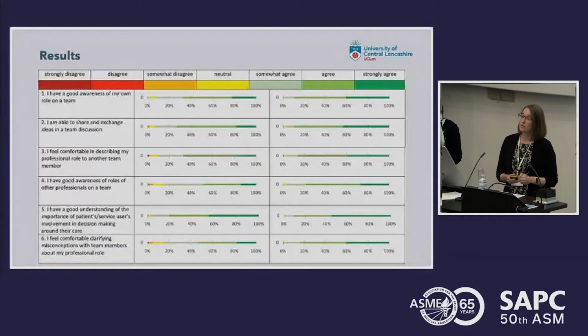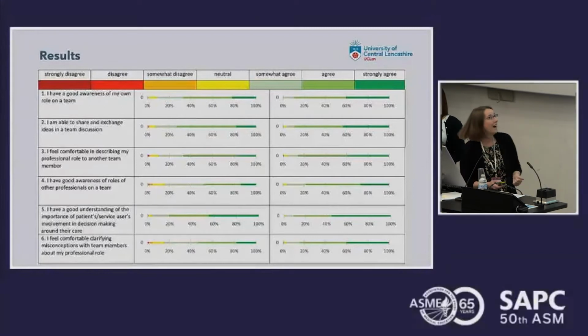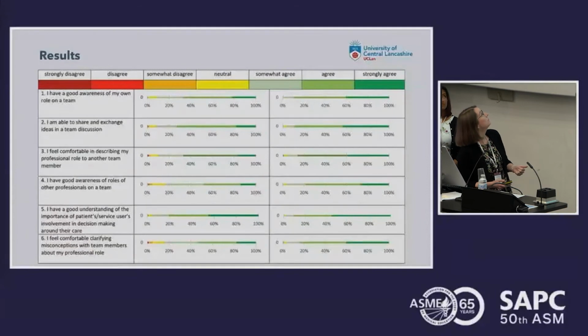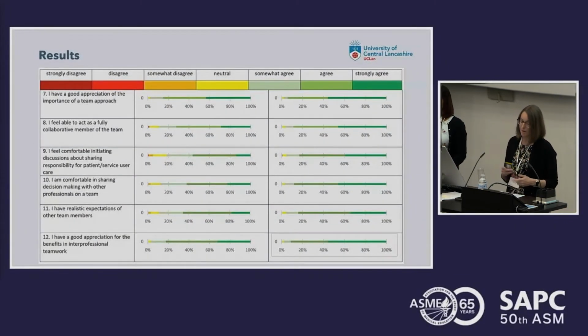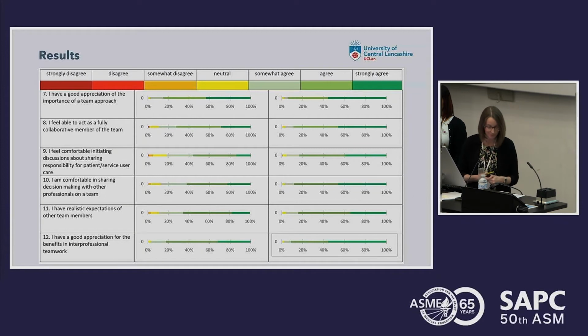which is patient involvement in decision-making, where we had quite a high pre-event mean, which I would expect for our students. And also number 7 here, which you can see just at the top, which was also around patient involvement in decision-making, which I was glad students felt confident about before the event, with a high mean.